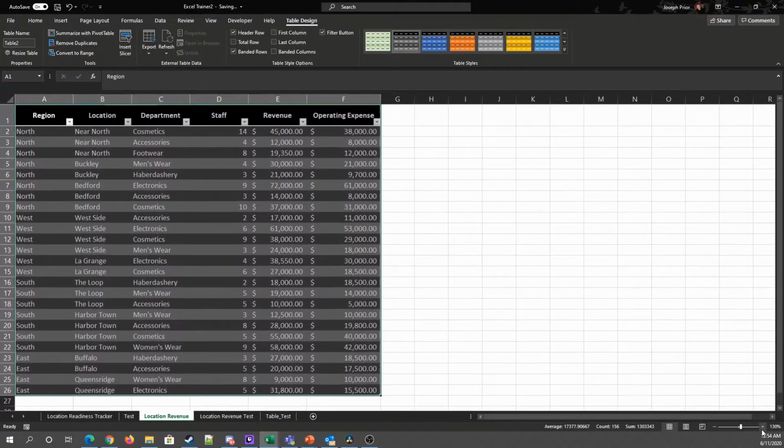Now let's go ahead and zoom in on our data. And we have a new tab has appeared, the Table Design tab. All right, so the first thing we're going to do when we come to our new table is inspect this new tab that's appeared, the Table Design tab. This only appears when you have a table, obviously. And the first thing we're going to do is rename it. And we're going to go ahead and name it